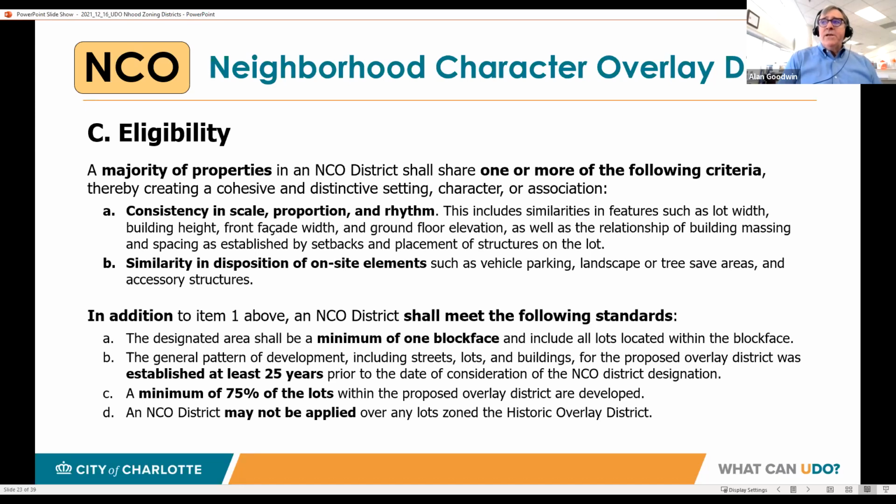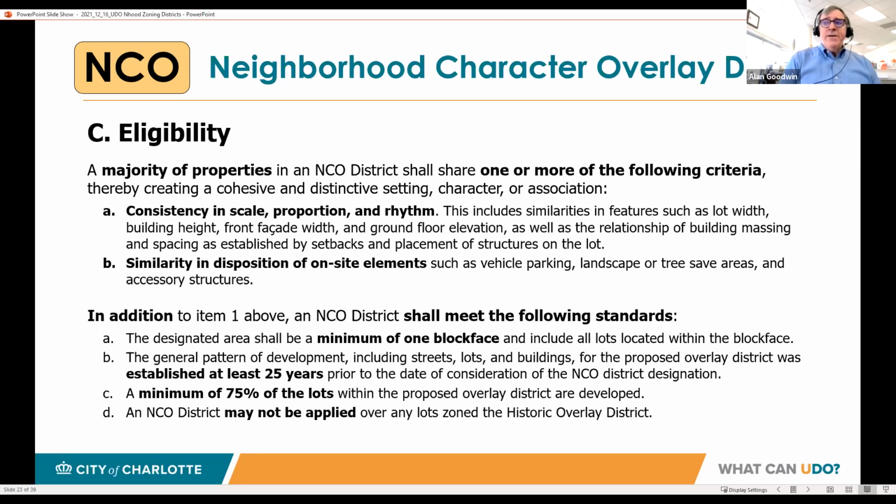And what we mean by that is things like lot width, building height, ground floor elevation, massing, setbacks, something that is common to that district that you want to preserve, or similarly, other on-site elements such as parking, landscaping, or tree save areas. So we've got to figure out what is unique about that neighborhood that we are trying to preserve through this neighborhood character overlay district.